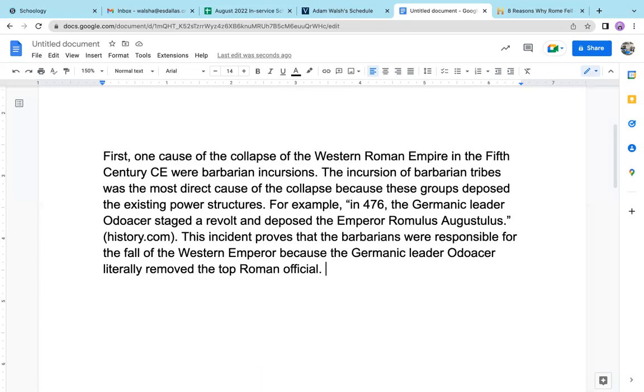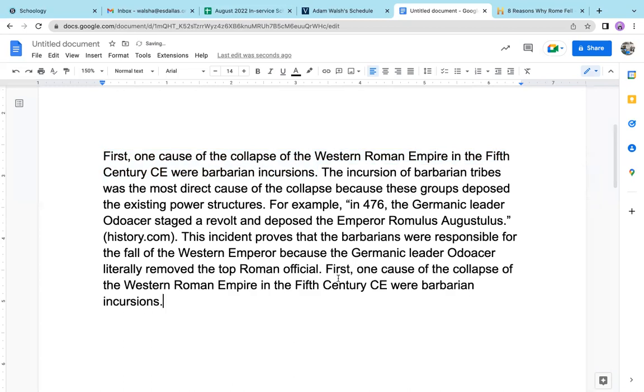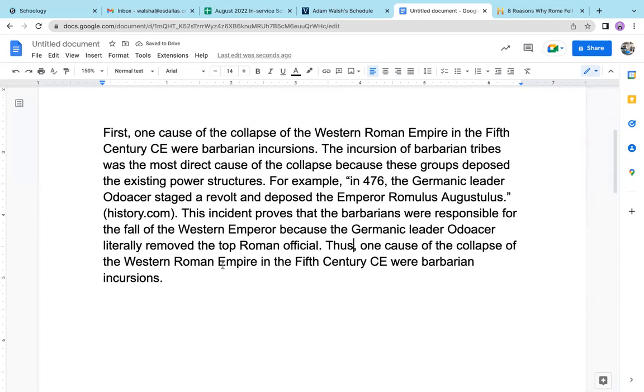Now, the conclusion, again, I'm going to keep it really simple. What I'm going to do is I'm just going to take my first sentence, copy it, paste it down here, and I'm just going to swap out my transition for a concluding transition. All right. Now you can mix and match some of the words in here, make it a little bit prettier if you want to mix up the vocabulary so that it's not identical. But again, we're focusing right now on how to write a really clean essay. In later episodes, I'll talk about how we can make this a little bit prettier, how we can vary our language, and so on and so forth.